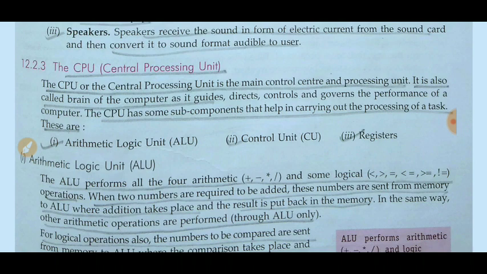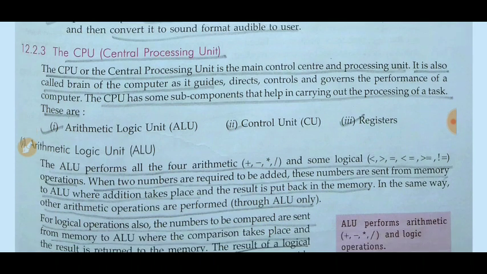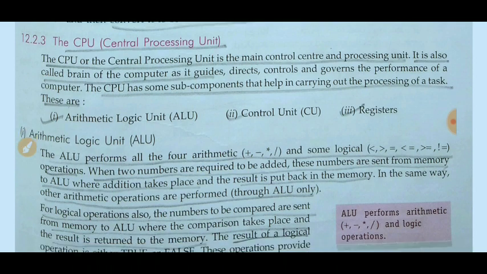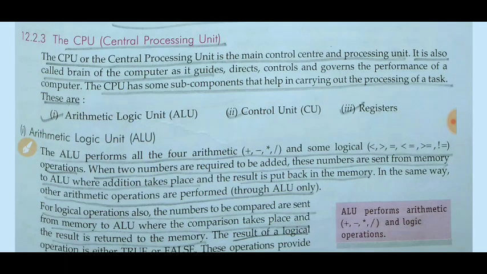So what is CPU? CPU is made when all the subcomponents are combined together, like control unit, register, arithmetic logic unit, and processor. When all these things are combined together, then it forms a CPU. CPU is nothing in your computer. It is made when subcomponents of the CPU are combined, like ALU, CU, and register.